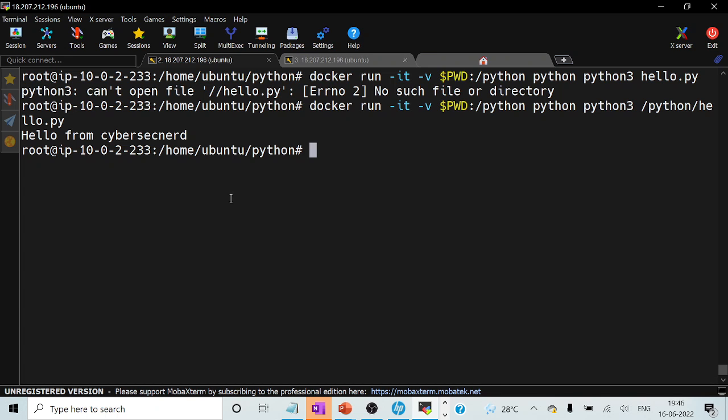We can do this particular thing again by using a slightly different syntax. So let's call it run, again interactive mode. Again we need to do the mapping, present working directory, and again I will be mapping to python, and again the docker image name. What we can do this time is make use of one more flag. So -w, and I am just specifying the path this time, and the docker image is python,